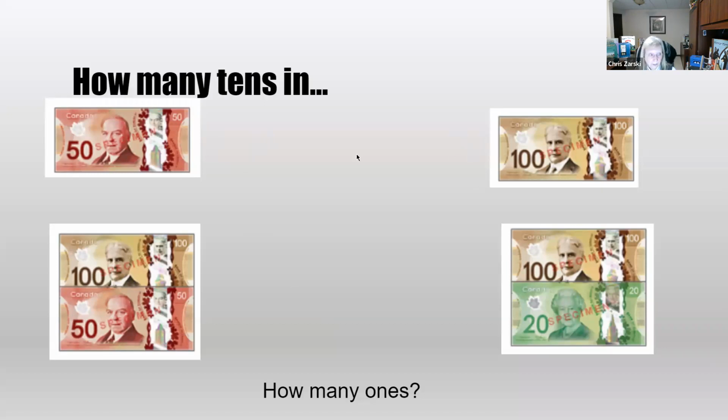Counting by 50 gives me to 100. 5 and 5 is 10. How many tens are in 150? So did they understand what was here? So 15. So now let's see if we can transfer the knowledge. How many tens in $120?